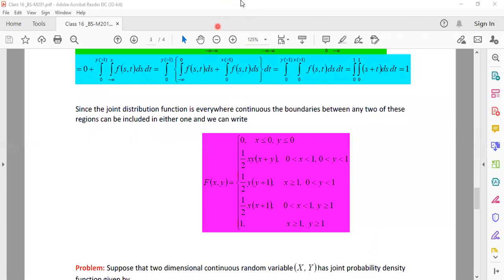Only 43 participants have so far written their names in the chat box. If anybody is left and is not writing their roll number in the chat box, they will be marked absent. If you are not attentive and not writing your roll numbers in the chat box, then it is your entire responsibility for being absent in my class, although you are present. So we are going to continue in the next class.